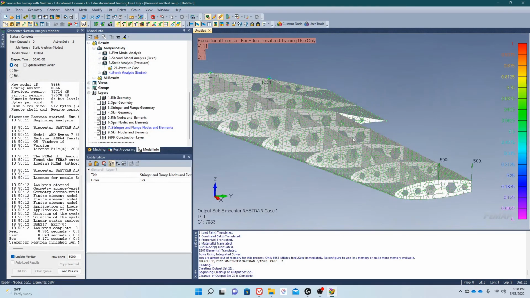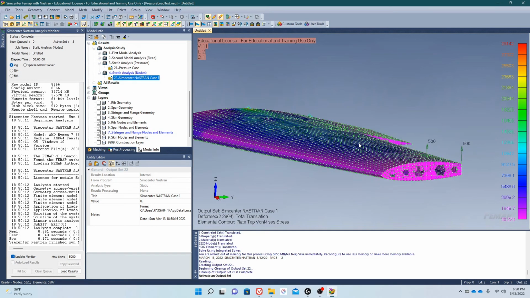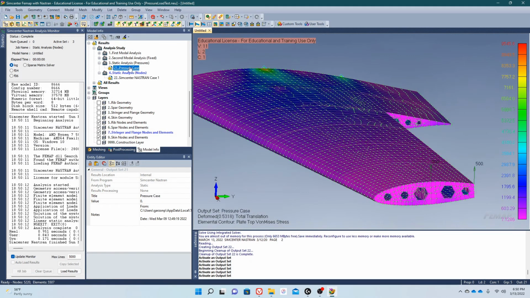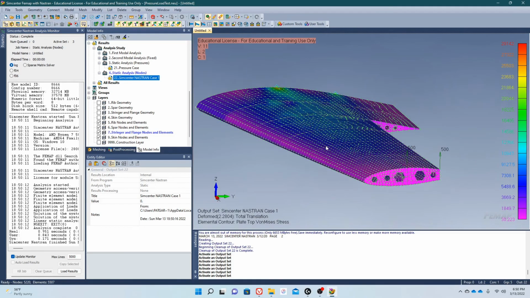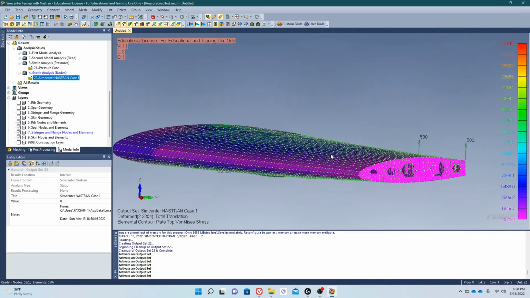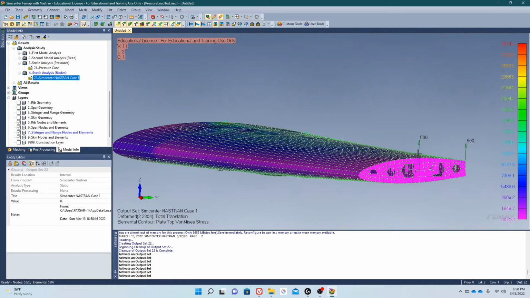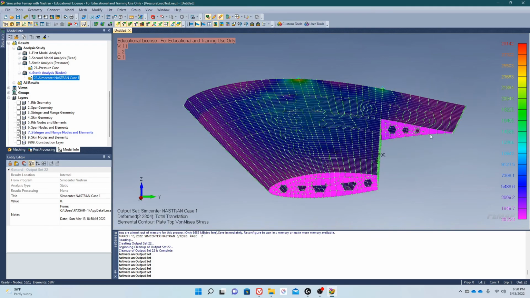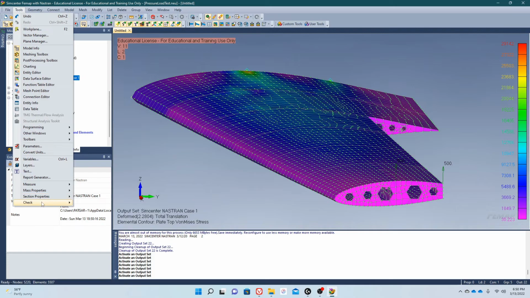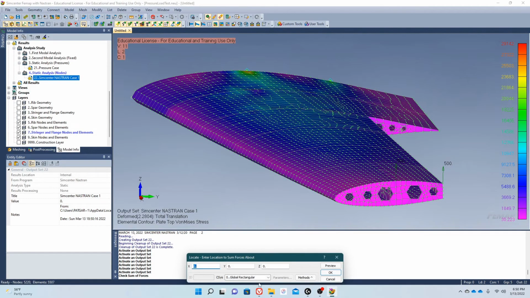The analysis set is done. So I have this deformation and stress formation, which is similar to the pressure case, but slightly different. And we might ask ourselves, well, why? Obviously, because we didn't do the math to get the actual nodal loads that would equate to our pressure loads. And we can actually check that if we go to Tools, Check, and we sum all of our forces